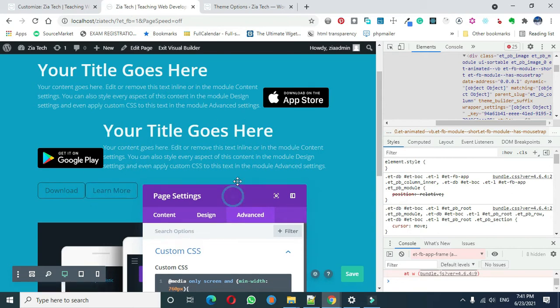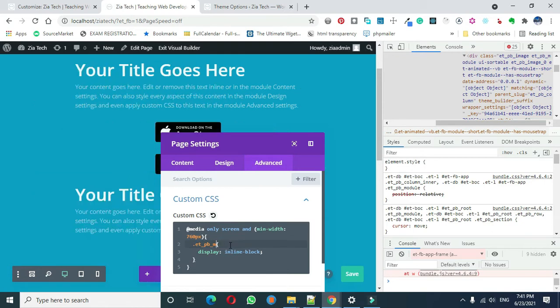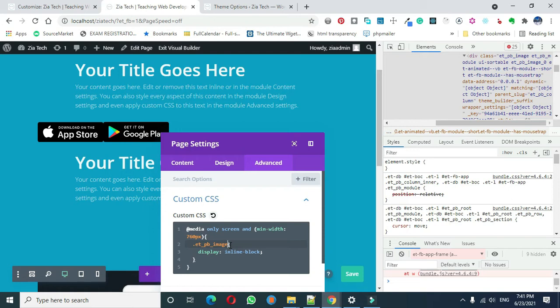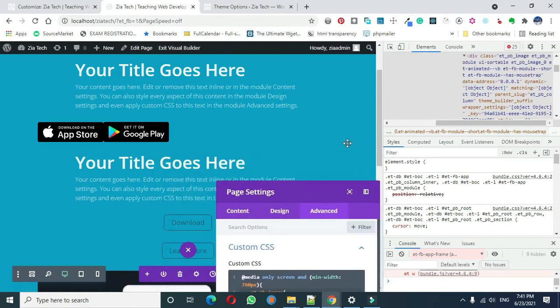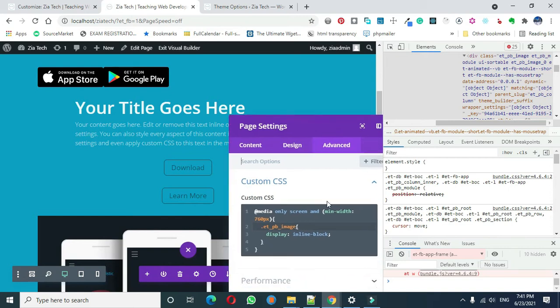So what do I do? Instead of this, I use the image instead of this et underscore pb underscore model. I go for image, which is the first CSS class we saw. So that, I think that's better. So image, yeah, so the button still remains the way it was, and then I can give it a margin